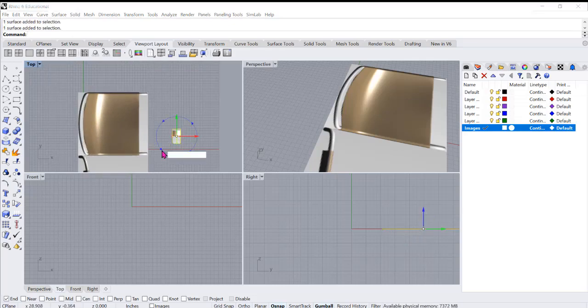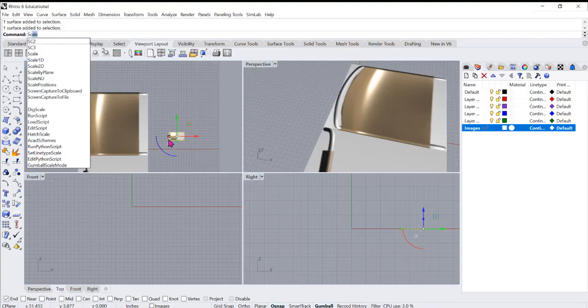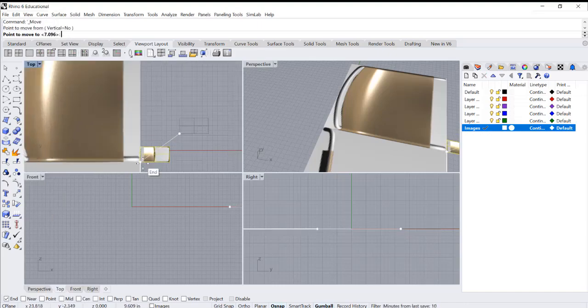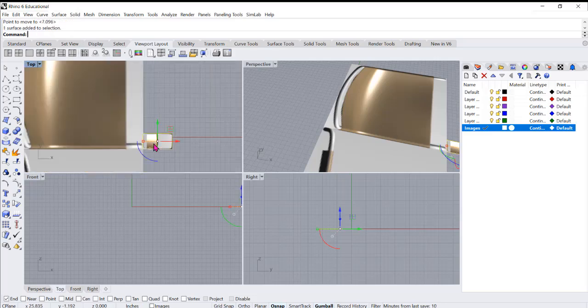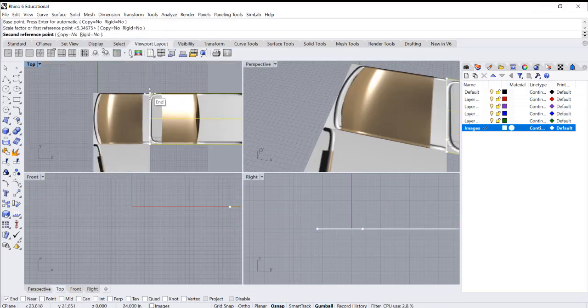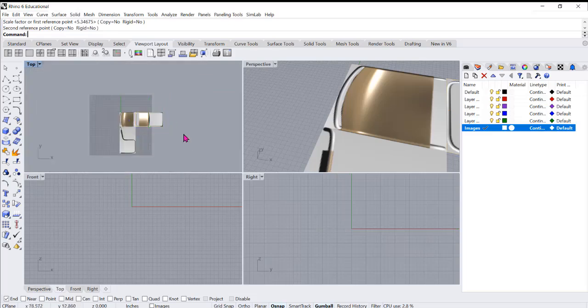So locate that image and then scale it. When you scale it, it's just regular scale, not scale 1D nor 2D. Okay, so you have that,